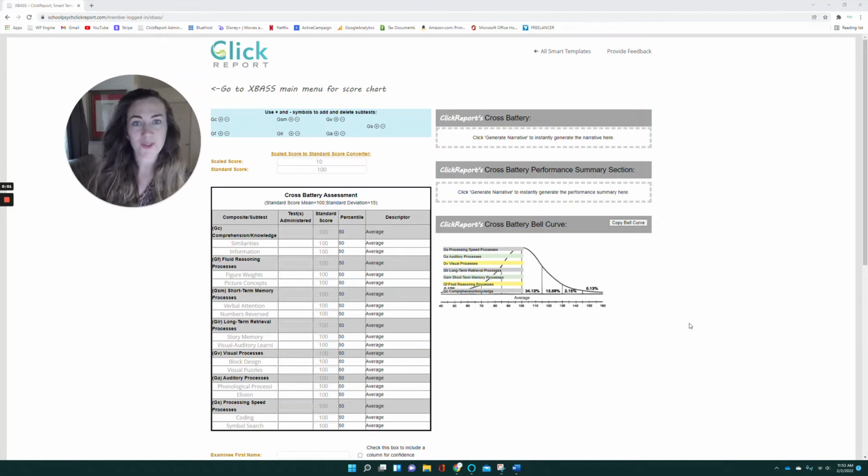Welcome to Click Report's Cross Battery Assessment Smart Template. I'm going to walk you through how to use this one and also give you some useful tips and tricks along the way. Okay, so when you first come to this Smart Template, you're going to see this blue box,